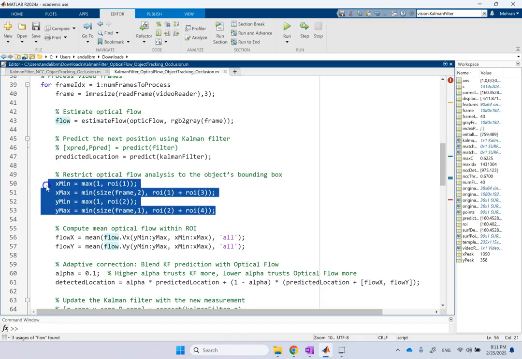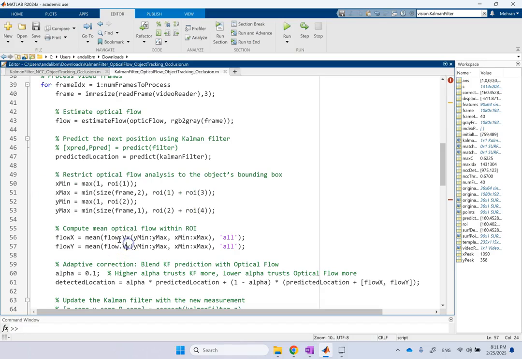So you see here, I'm calculating the X min, X max, Y min, and Y max for the window of region of interest. And then flow Vx and flow Vy, the Vx and Vy components of flow inside this region,